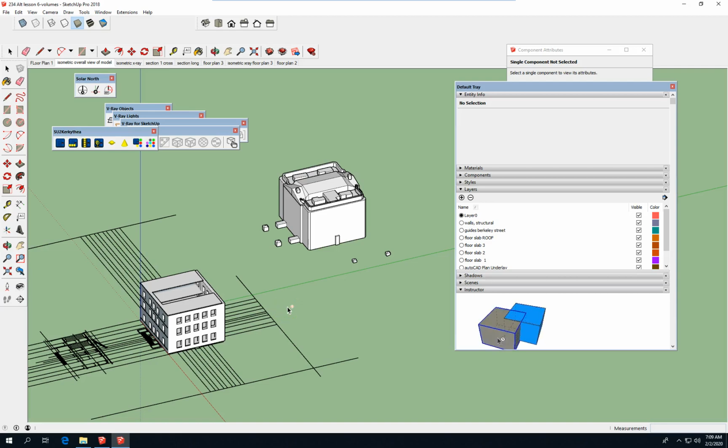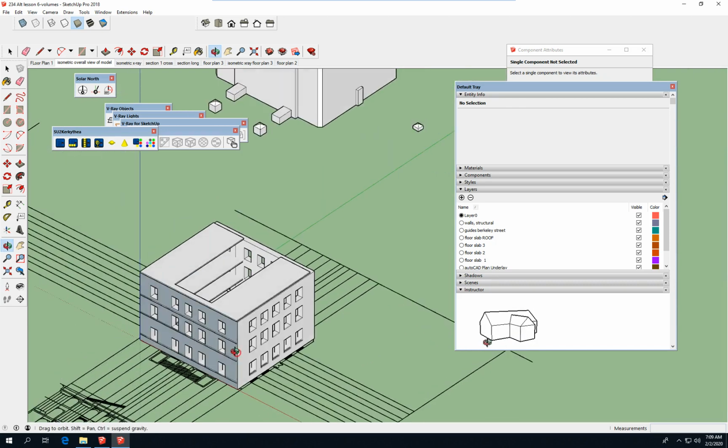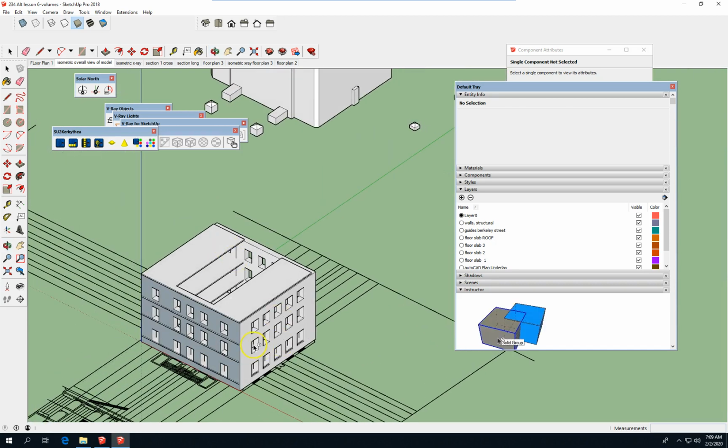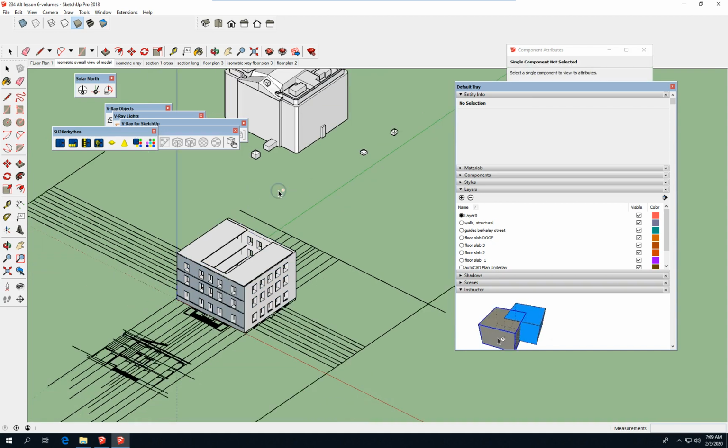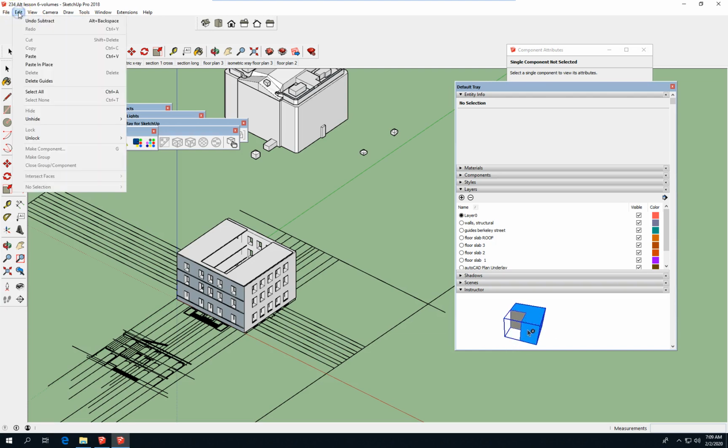There are two more volumes that have to be subtracted from this building shell that are, unsurprisingly, the stairwell volumes, right? So, if I paste in place,